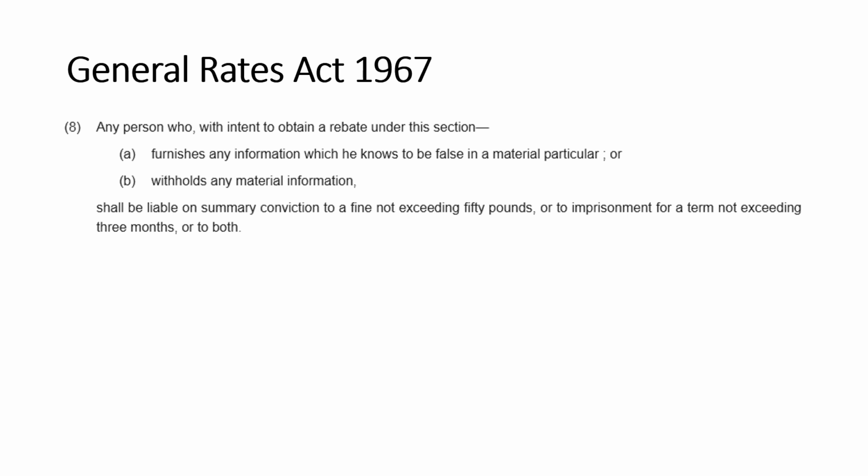Now, you could also take this General Rates Act and apply it in reverse and say that the taxing authority, the valuation band, and or your local council did in fact furnish false information in a material particular, or withholds material information, because they're supposed to be the ones administering these statutes, aka laws, and they should know what's legal and what's illegal. So you can now use this General Rates Act against them.